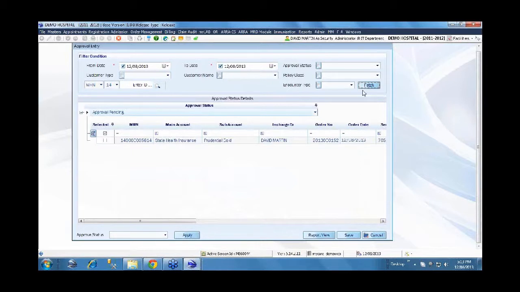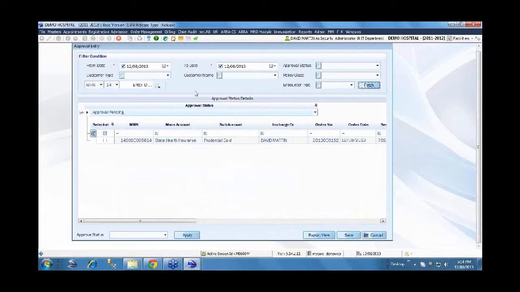Now in the approval department, whoever is handling the approval will have a work list like this. Here again there are two ways. One, the insurance company supports an e-approval request and reply. The system can support that. Immediately after the charge is captured, electronically a request will be sent to the insurance company, and we can receive whether it's approved or not electronically and auto-apply it within the system.